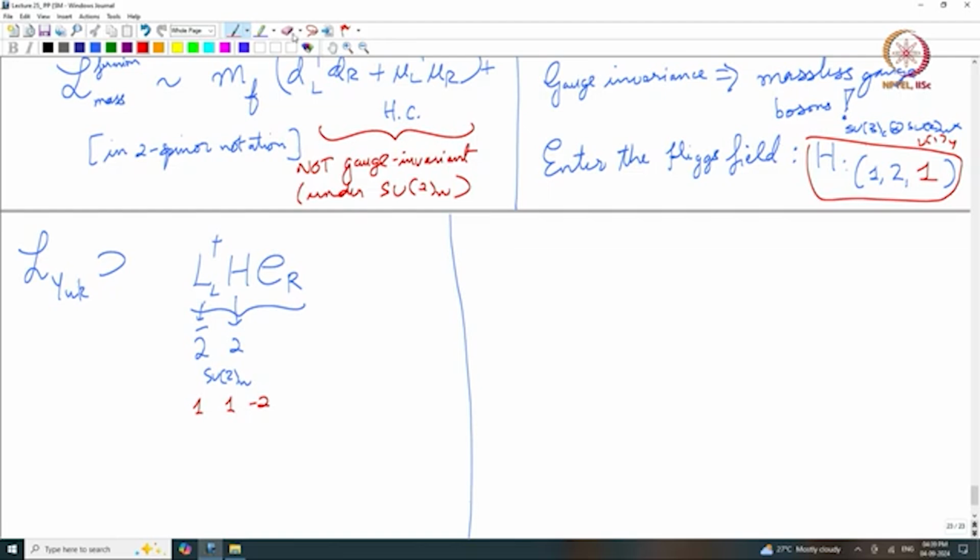But I am not done yet, okay. There are so many things that I have missed in this. What have I missed here? First of all, I should write a coupling, right. I am going to introduce a whole new coupling. A Lagrangian should contain a coupling, right. So to keep the energy positive definite, I am going to put a minus in front, but also it's convention, okay. And I am going to call this coupling Y. In fact, because this coupling is the one that marries the Higgs field to leptons, it is called Y_E,